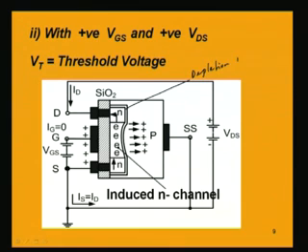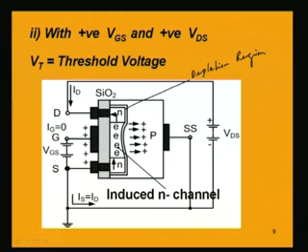Here basically the holes are not there, so there will be uncovering of the immobile charges. So, this is the depletion region. Now, the electrons which are attracted by this positive terminal will be coming towards the insulator material,